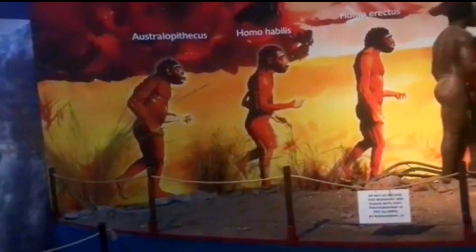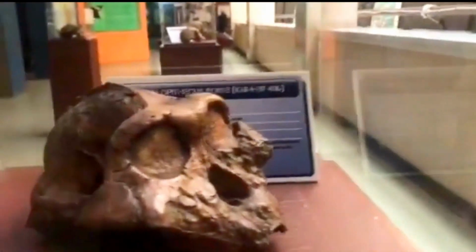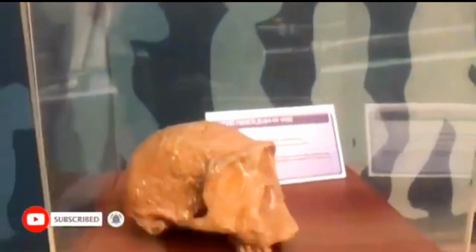So this is the bit where they show you the development of a human. Okay, so let's take you down there and show you a bit of the skull of these people, because they're being kept in this museum. So here we've got Australopithecus, and here we've got Homo habilis. Okay, Homo habilis, and then we've got